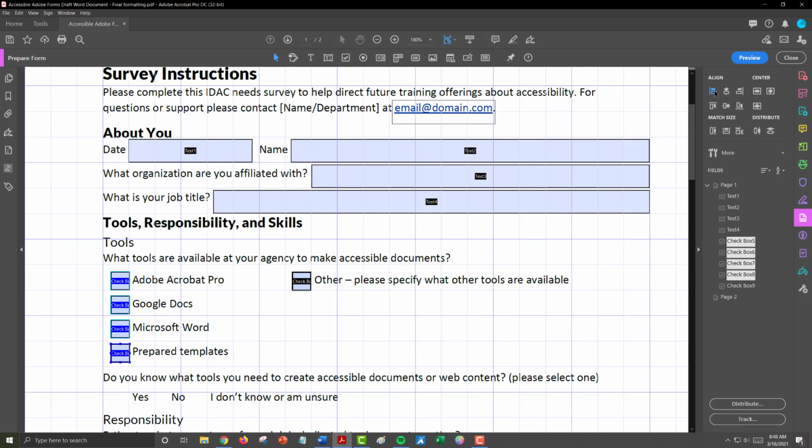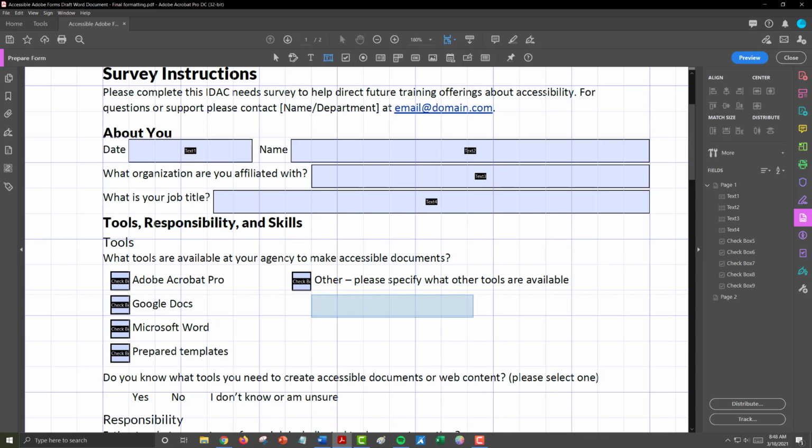You can distribute, you can match the size, you can center align, and you can do different alignments, and that will align them to each other. So use those tools to help with some of your alignment. Once you're happy with where your checkboxes are, we can move on to our next form.